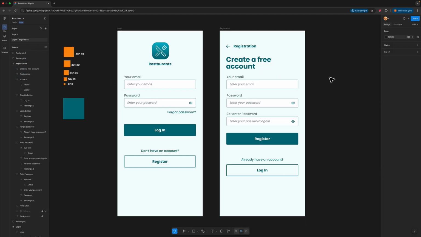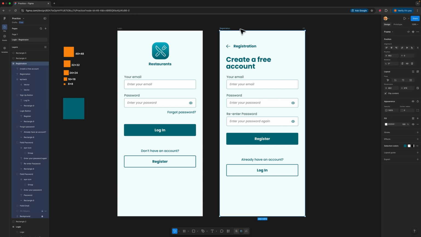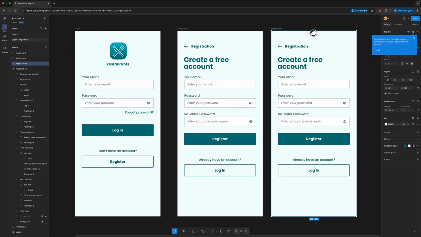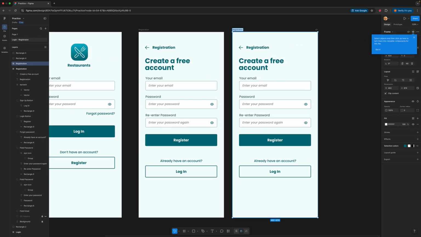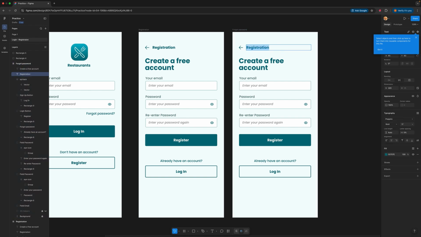and I'll click and drag this orange square back to where it was. Now let's create the third screen, which is the forgot password. Click on this registration artboard and duplicate it by pressing Command D, and double click on the title, and you can just type here forgot password, and also I'll change the title over here to forgot password with the question mark,